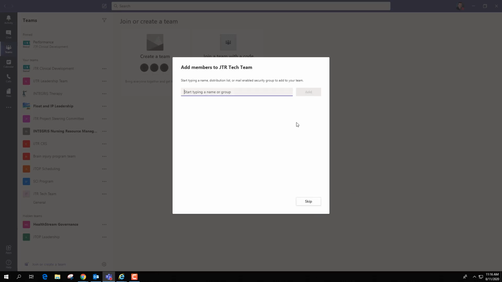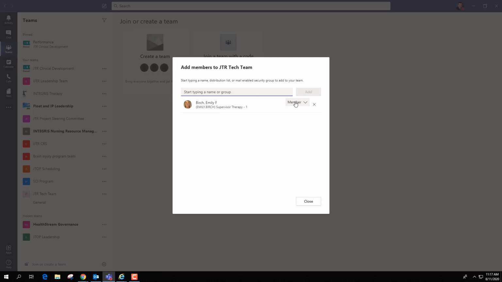So what you can do then is once your team is created, you can start adding team members to it. Now remember, we made this a public group where people could join on their own, but you can also invite people to the group. I'm already on the team, so I'm going to invite a couple of people from my organization to join. And when you invite them to join,